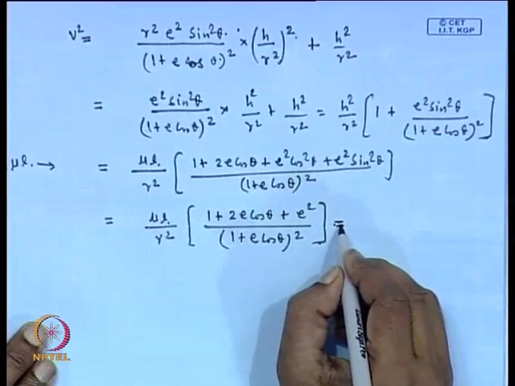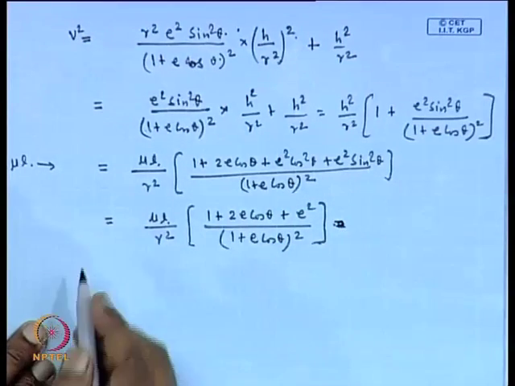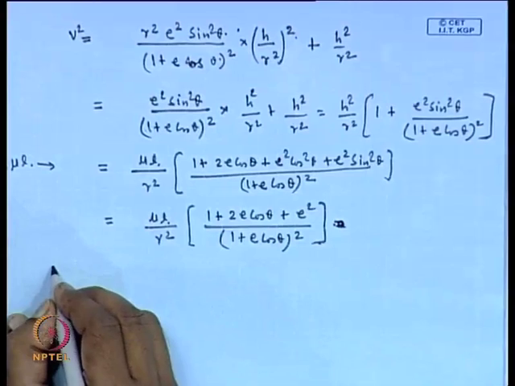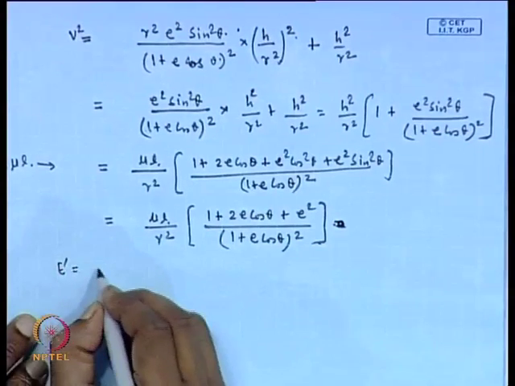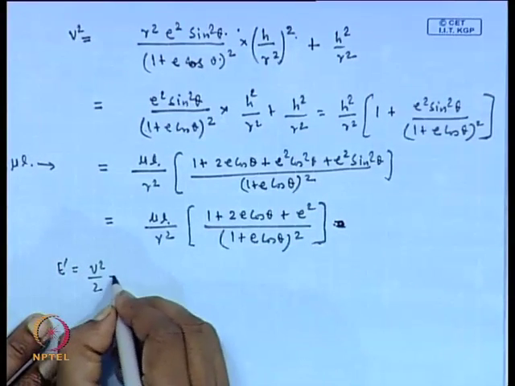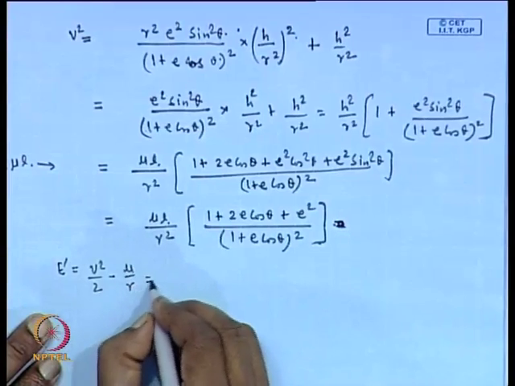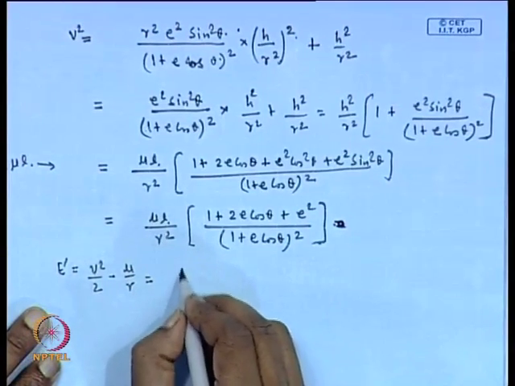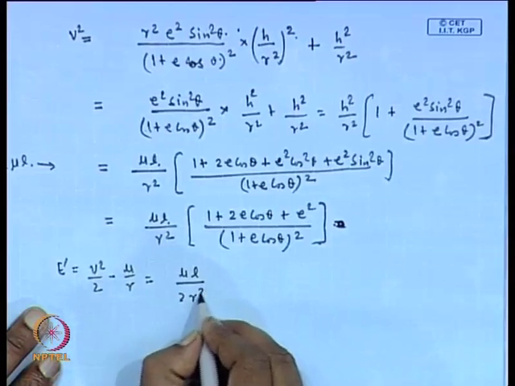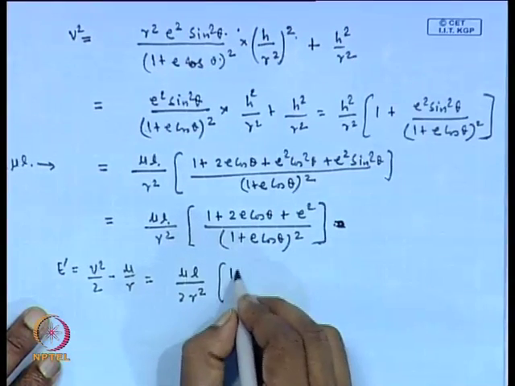Okay, let us go a little further and work it out. So, we have E prime is equal to V square by 2 minus mu bar r, this we wanted to evaluate. Now, putting this quantity here, this is mu L by 2 r square times 1 plus 2 E cos theta plus E square